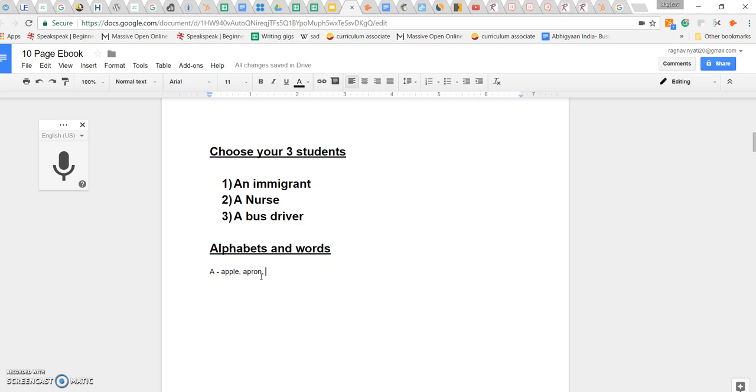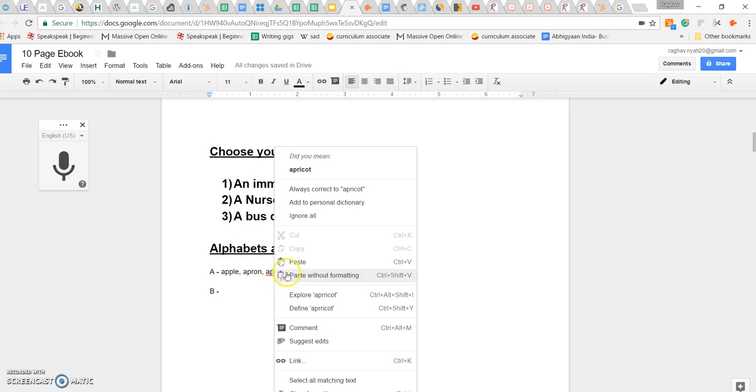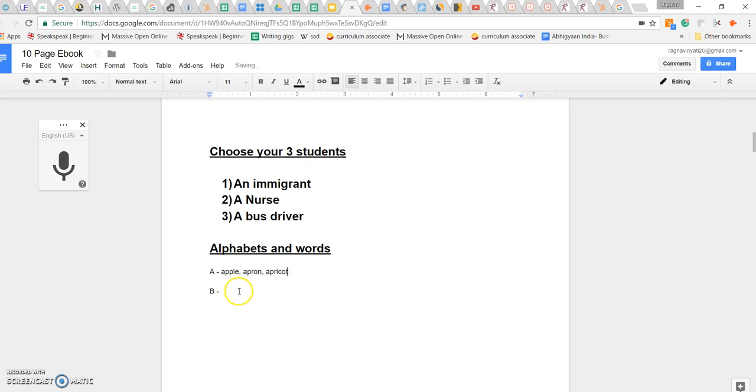I can't think of anything right now, so I'll just put apricot. In a similar way, you have to think very broadly, and for B also you have to think of a word which is relevant for each of your students. This list is going to help you because once you meet the student, let's suppose